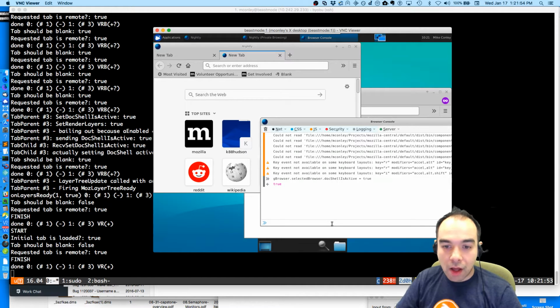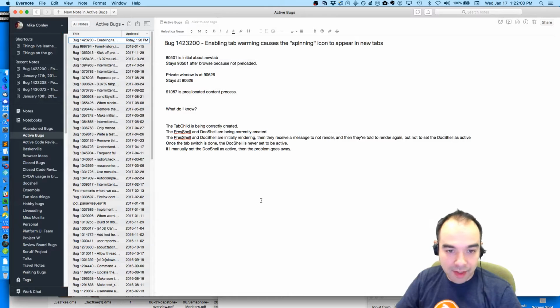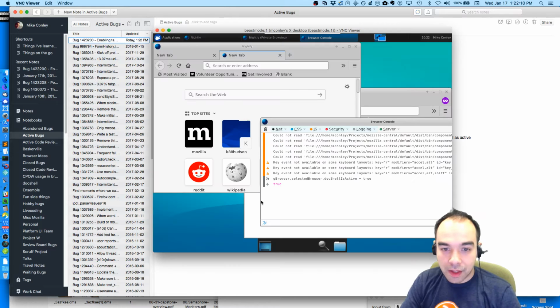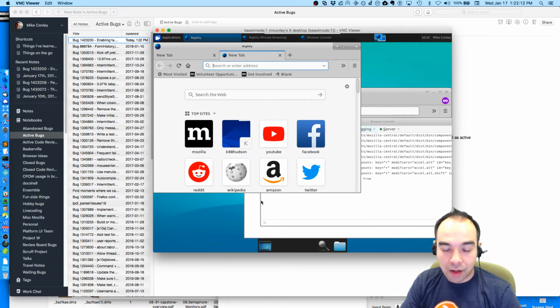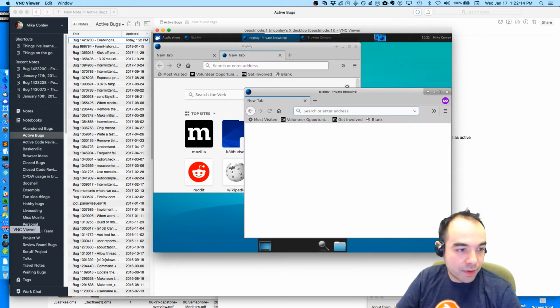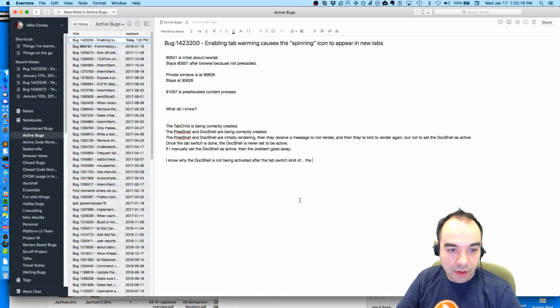I know why the doc shell isn't active at first. Let me write this down. I know why the doc shell is not being activated after the tab switch, kind of.